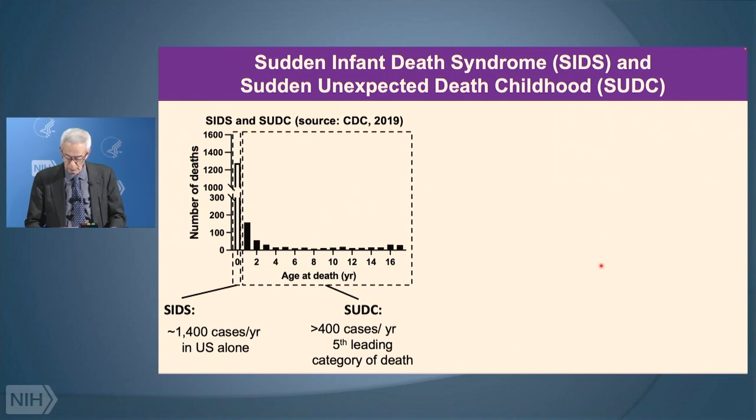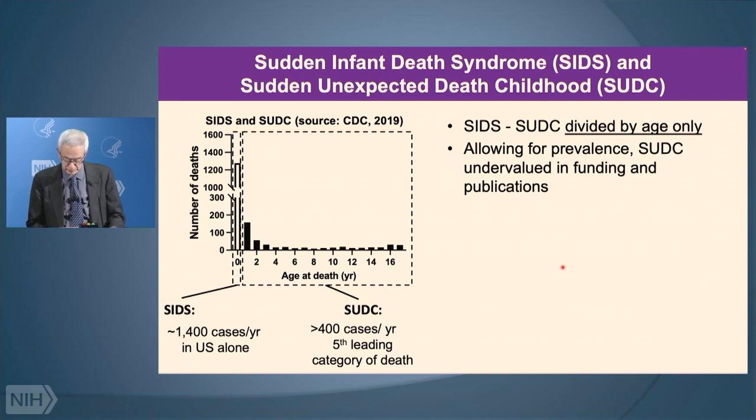So what is SUDC? Well, it's SIDS in older kids. The only distinction between these two syndromes is whether the child is less than 1 or over 1. And most of us would believe that there is no watershed mechanism that stops at 1 year and then begins at 12 months. In fact, it's a continuum, and genetics is confirming this idea.